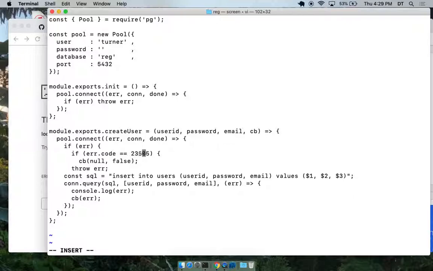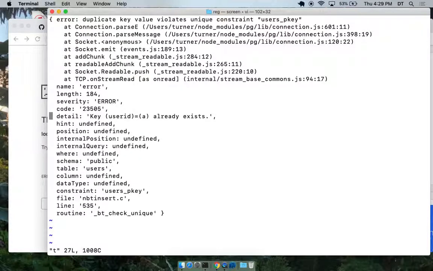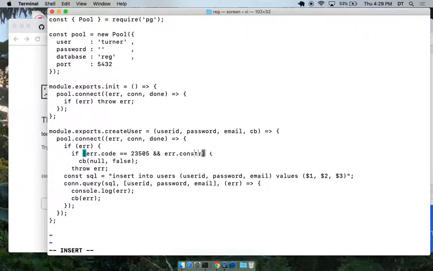So if the error code is this, and what was the other thing called? It was called constraint, users underscore p key. And then here, what we'll do is, I'm going to do it like this.